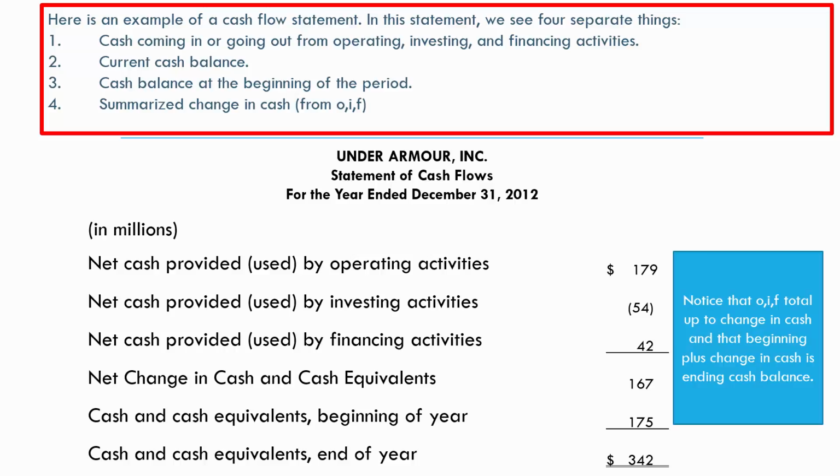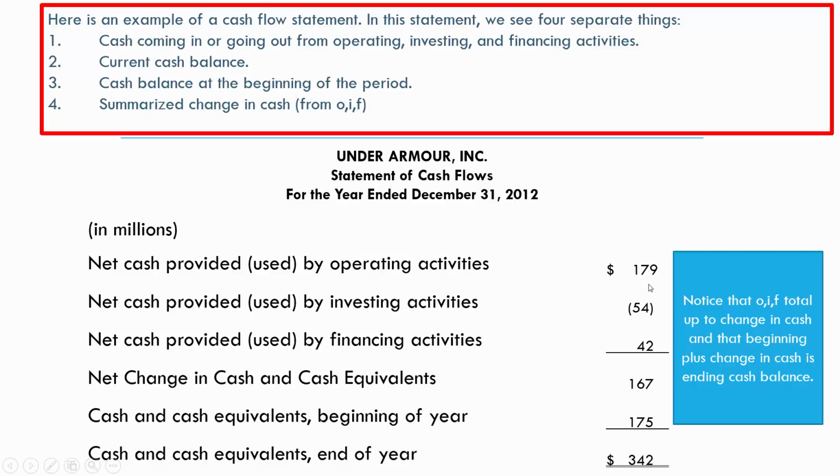So if cash is being provided by operations, it will be positive over here to the right. And here we see that it is at 179. This says in millions. This is quite common for a company to do because it makes it easier for the reader to read the financial statement. Rather than saying 179 comma and all those zeros, they say 179, then over here they say in millions. So we have cash being provided by operations, and operating activities are bringing into the company $179 million